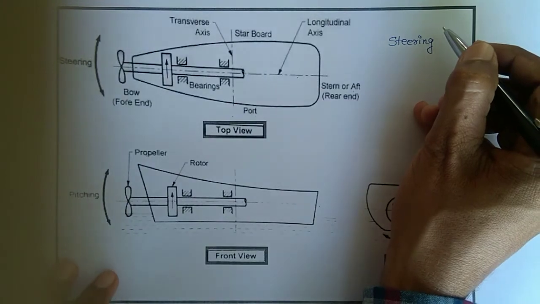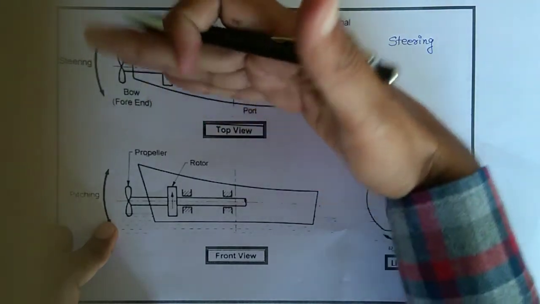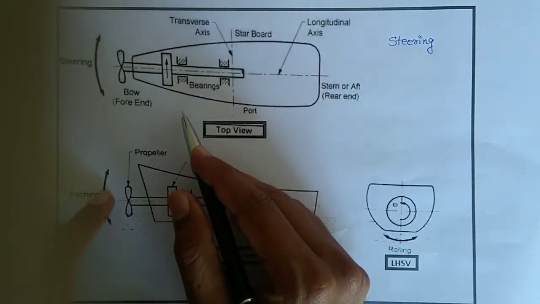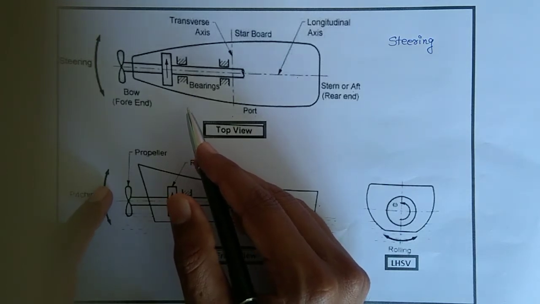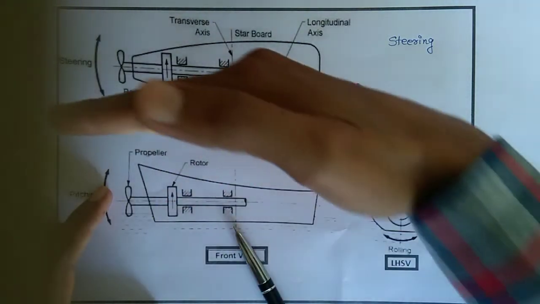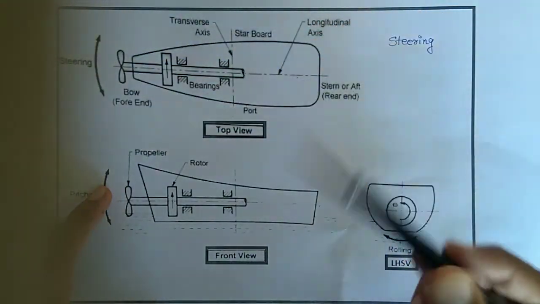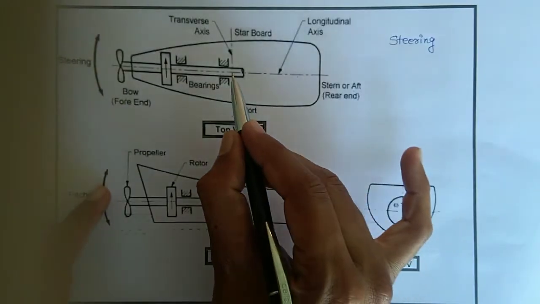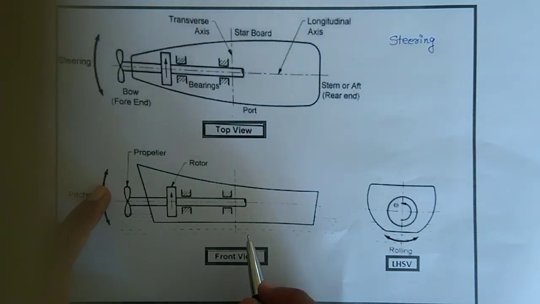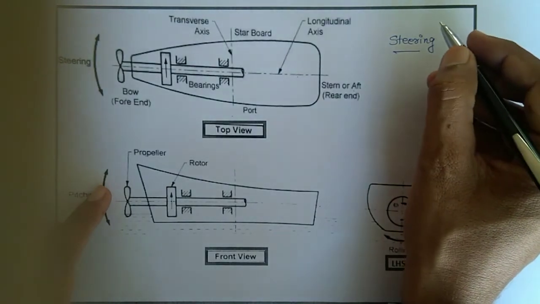First of all, let us see what steering is. Steering is the turning of the ship. The ship will make a right turn or a left turn. So steering is the turning of a complete ship in a curve towards the left or right direction. Suppose this is our ship, then this is a right turn and this is a left turn. Steering will always be performed about the vertical axis, that means along the transverse axis, precession.